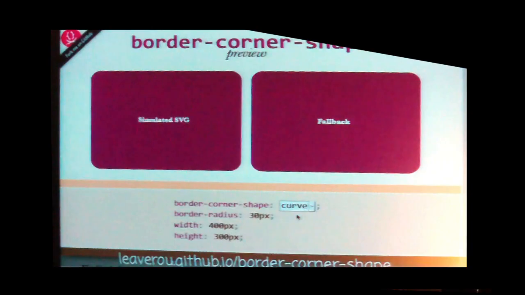The default that we have now is curve, but you'll also have bevel, scoop that does this inner border radius effect, and notch that cuts out rectangular areas from the corners. And they're useful for many more things than they seem for. Like, for instance,